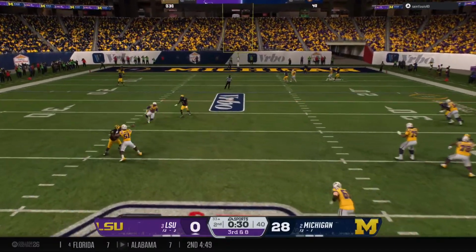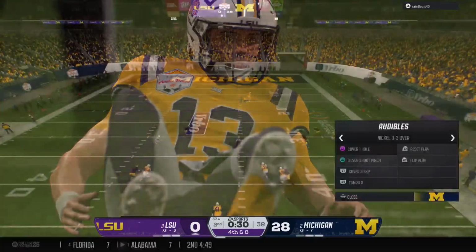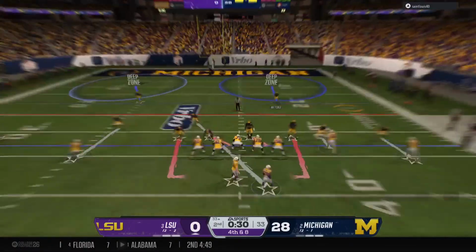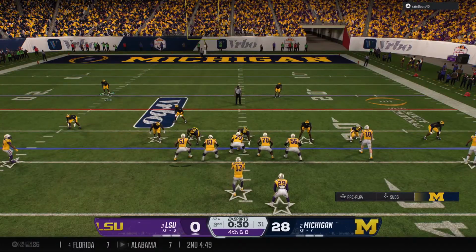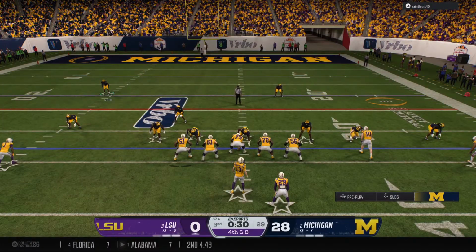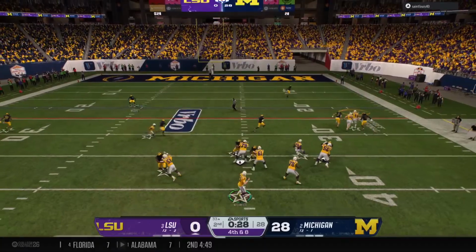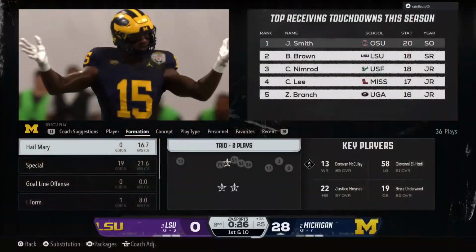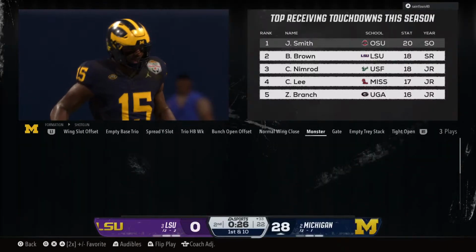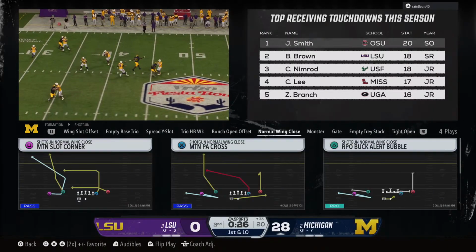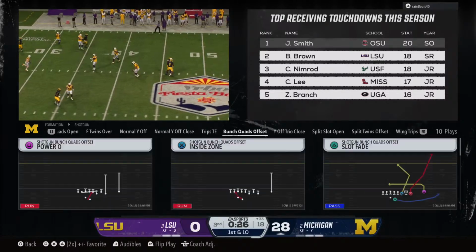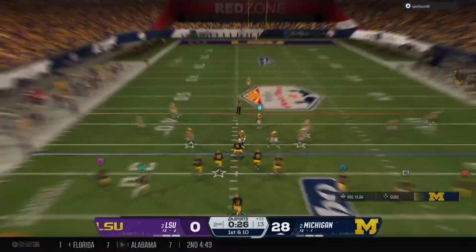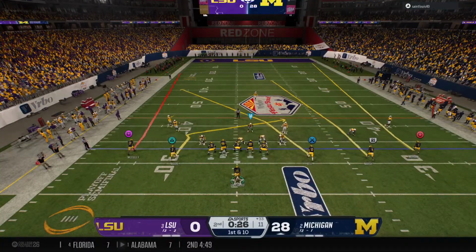The pass rush closing in. Oh, and another incompletion. The offense failed earlier in a fourth down attempt. They'll try it again here. Looking to pass. It's Nussmeier. This one falls incomplete, and the defense makes a fourth down stop. This is the chance you take here as an offensive coordinator and a play caller. You go for it here, you draw it up perfectly, you think this is the right play, and then the execution is not there. So the defense catches a break, and they get the ball back to their own offense.